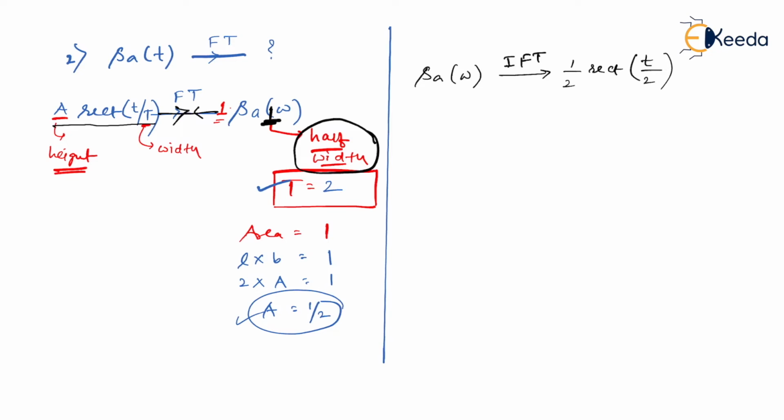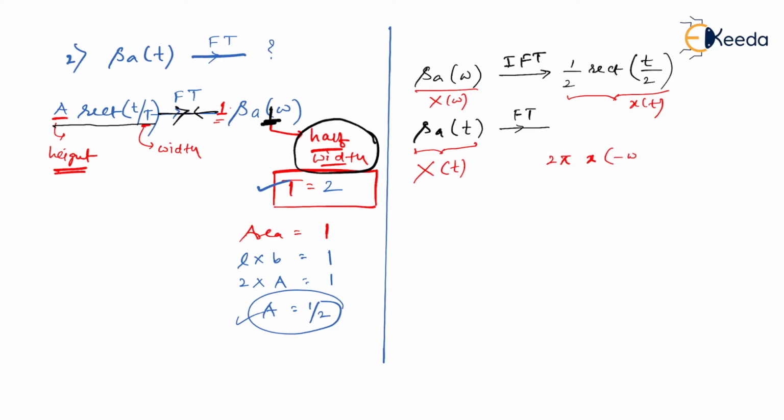But then I would say I want the Fourier transform of sampling of t. Is that right? So let me remind you, this was your X of omega. This whole is your x of t. And when I say sampling of t, it means it is actually capital X of t. Capital X of t means it is X of omega, where omega is replaced with t. Then its Fourier transform is 2 pi x of minus omega. Am I right? Where x of minus omega means x of t with t replaced with minus omega.